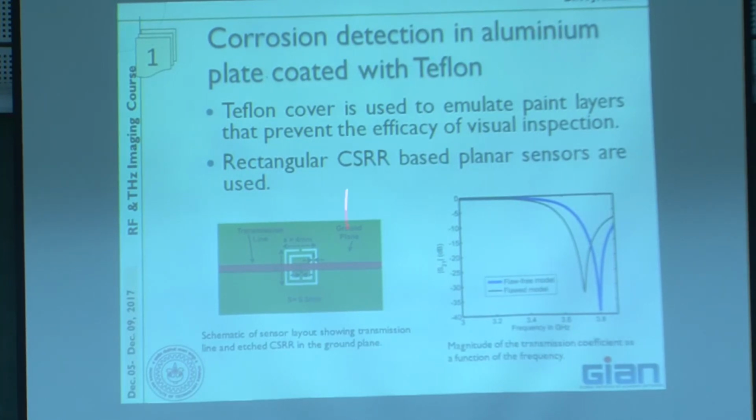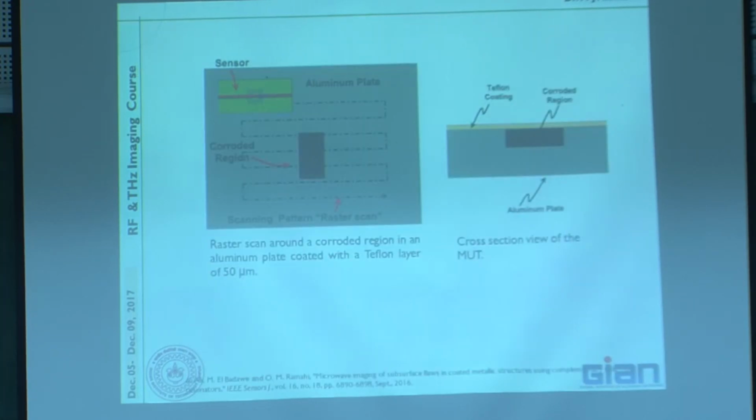So this is our sensor, which you use. You design a sensor first, a normal sensor, and then you check. Something about the topology: you have a full aluminum plate, this is your sensor, and let's say this region is damaged. So this is your sensor, and in this pattern you try to scan the whole area,